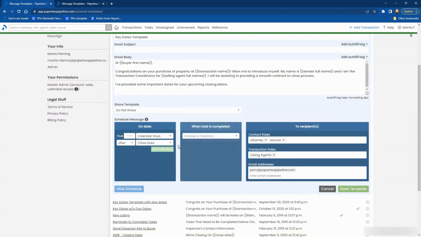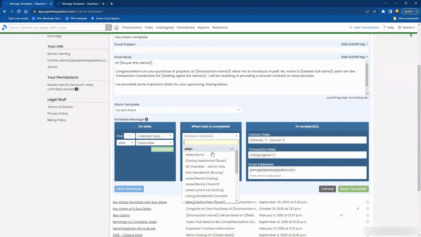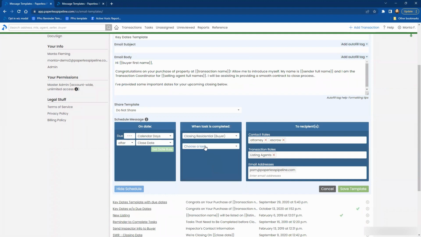Let's remove that so we can see how scheduling it based on when a task gets completed works. So let's say I were to want this message to be generated whenever on the closing residential buyer checklist, the commission deposit receipt is completed. Okay, so now whenever this task is completed on a transaction, then this message will get triggered, okay? And so just again, to clarify, this is always based on the activity on the transaction. So you're